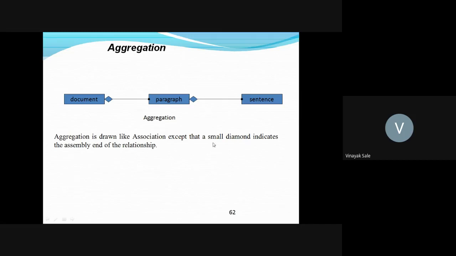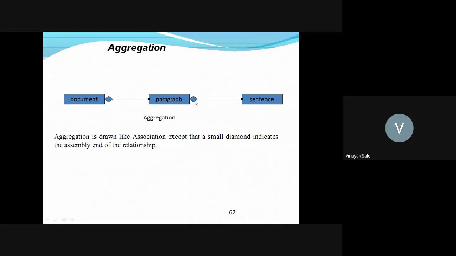So a small diamond indicates the assembly end of the relationship. A solid circle indicates zero or more, one or more. In a document there are a number of paragraphs, and in a paragraph there are a number of sentences.